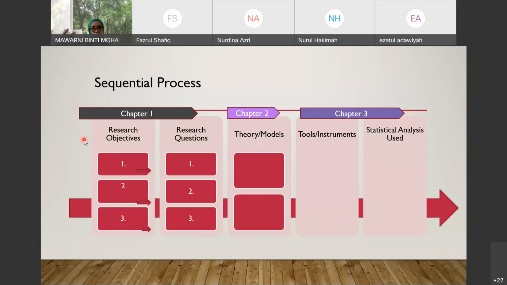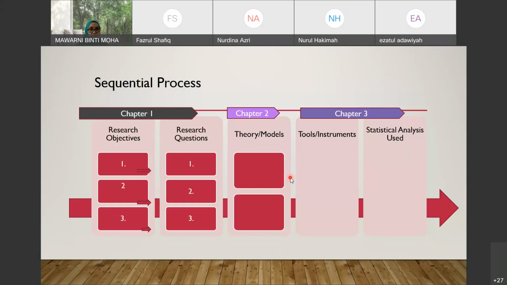So you have 1, 2, 3. We have done the practice just now, your research objectives, and you have your research questions, one to one. So question 2, of course, comes from the statement of research objective number 2. Research question 3 is from research objective number 3. If you use models, this is when you use the model that I also talked about in chapter 2, right? Whatever models or theories that you want to use, relevant to the variables that you use. Job satisfaction or leadership style, then which theory do you use, and whose, right?